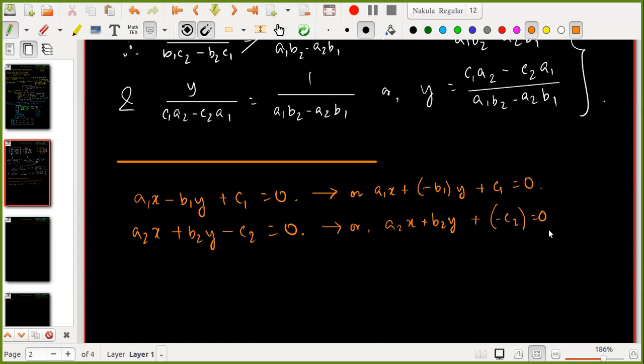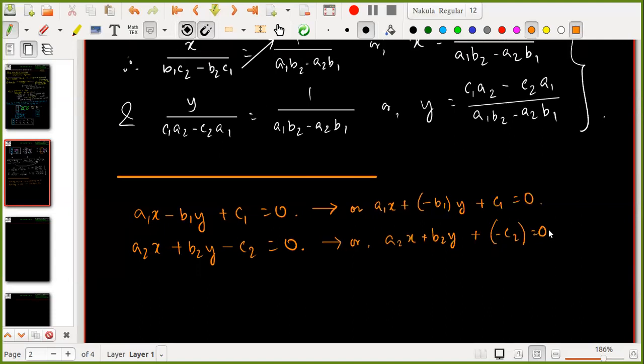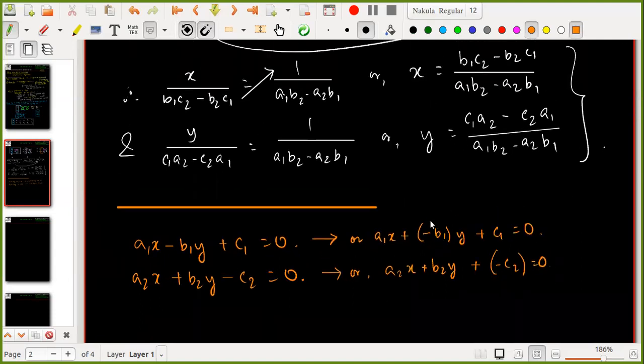So what we have to do is very simple. Wherever we have c2 and wherever we have b1, we will replace those positions by minus c2 and by minus b1. Whatever happens after that, we will take care of: minus into minus will be plus, plus into minus will give minus. These things we have to take care of at the end, considering everything to be positive. This is the structure, and we can solve for x and y in this way.